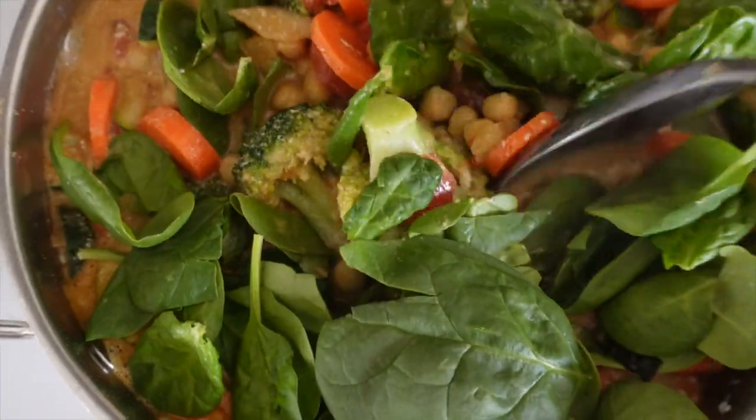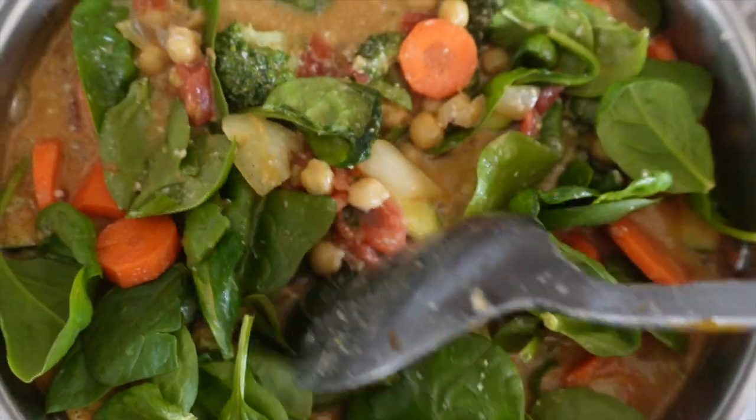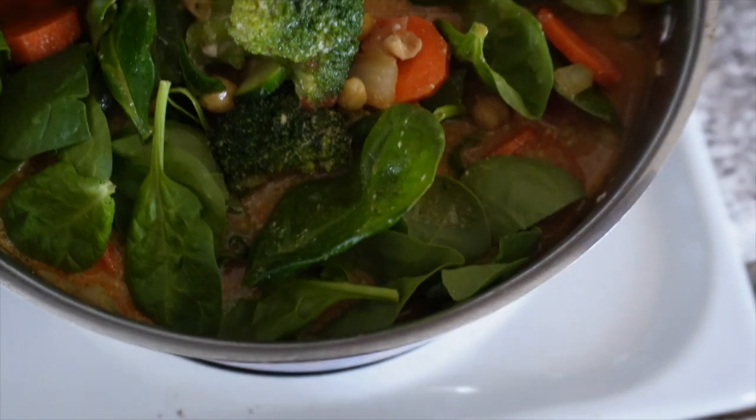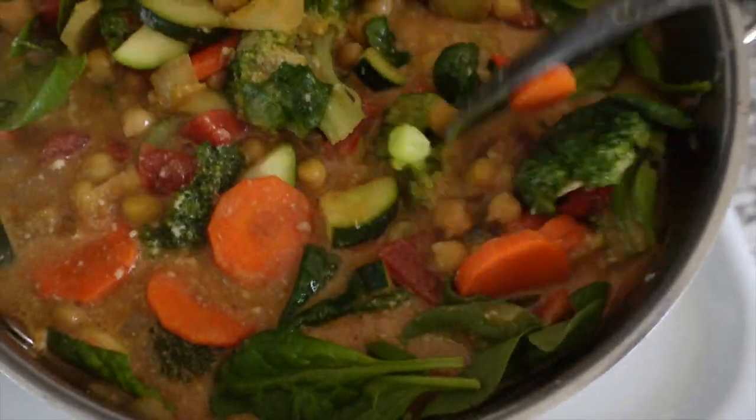It smells really good, you guys. I wish you could smell this. And look how colorful it is. That's beautiful. And you're getting so many vegetables in here. And I also got my wild rice cooking right beside me there. So what we're doing is we're just